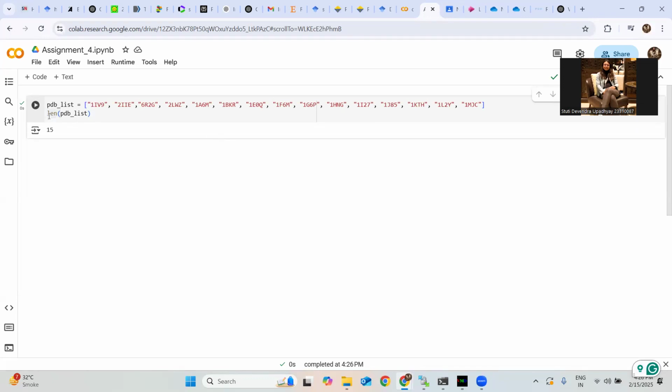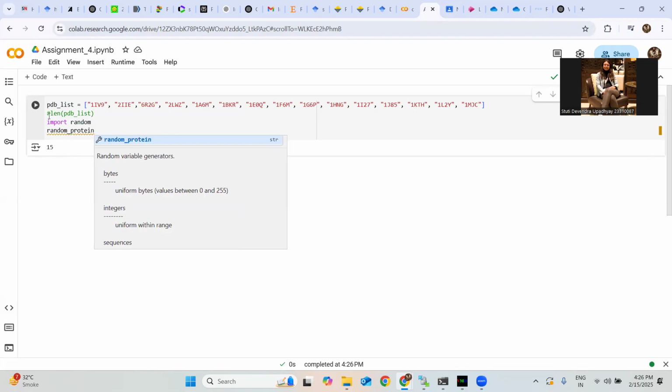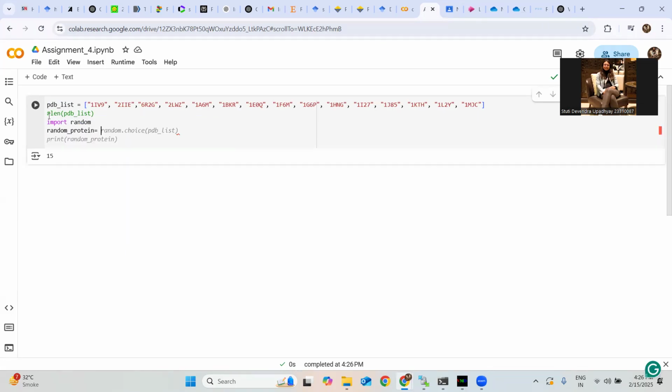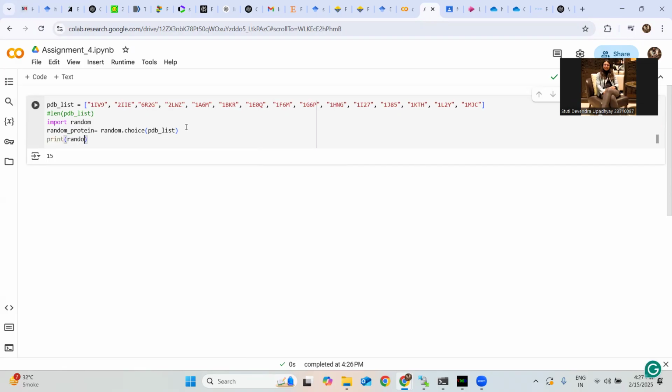To continue, for selecting a random protein, we will give it as a comment and then we will import random. Then we will write random underscore protein is equal to random choice. Although the AI is giving us the syntax, we will continue writing PDB underscore list. Then we will print the randomly generated protein. Control enter. So the protein which we have got is